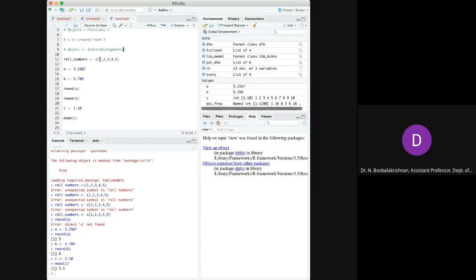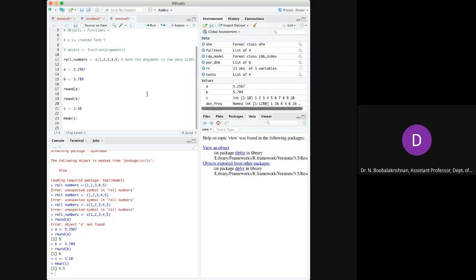What are the different types of arguments that we can give? Here we have given the raw data, this is our data. In this line, the argument is raw data 1, 2, 3, 4, 5.